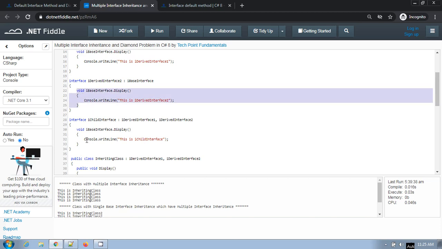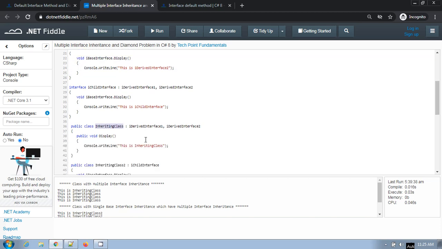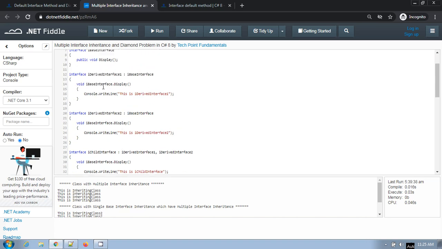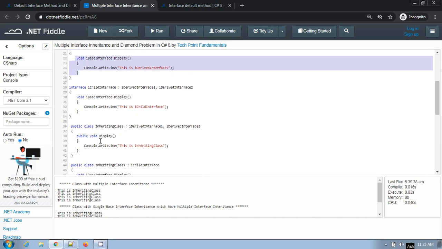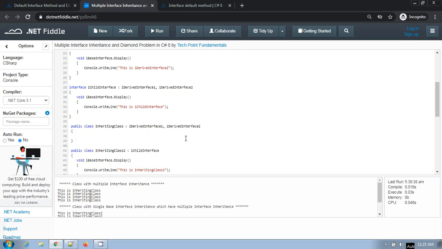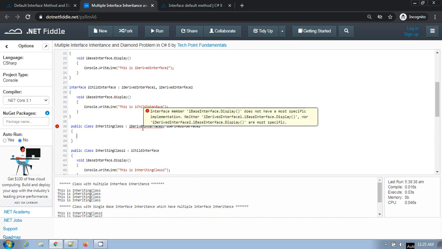Then there is a class, inheriting class, which implements both these interfaces, I derived interface 1 and I derived interface 2. If you see here, both these interface members have default implementation for the same method, right? And here suppose you are not providing this definition, see, I base interface dot display does not have a most specific implementation.